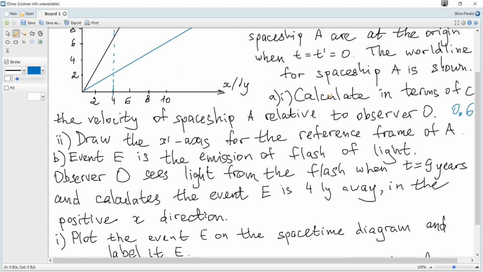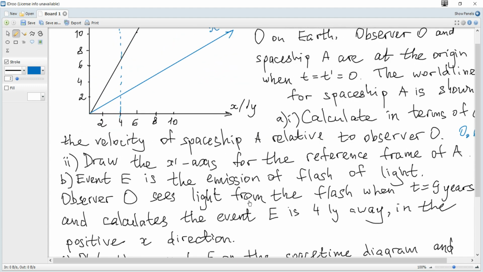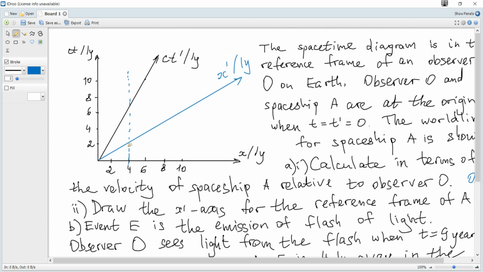This flash of light is not directed, so it will go in both directions. So we draw a light cone at 45 degrees that meets the ct axis at 9 and 4, so 9, 5. So it is emitted at 4, 5,